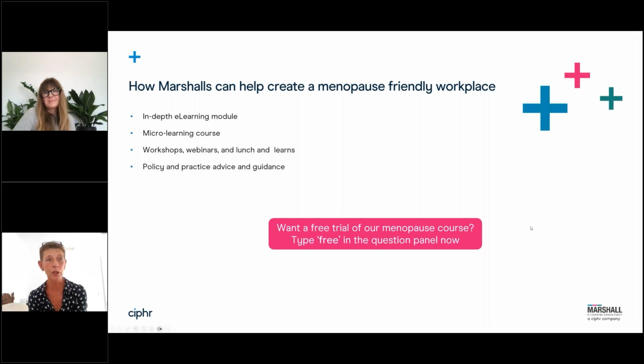So I'm going to mention our e-learning, I'm going to mention facilitated training, and I'm going to mention our consultancy support. So really the second two of those elements, which really is about Jo, basically. We're really fortunate to work with Jo as a Marshalls associate. So we've seen today the depth of her knowledge, of her expertise, and just wanted to assert